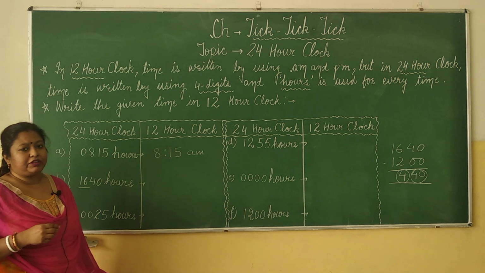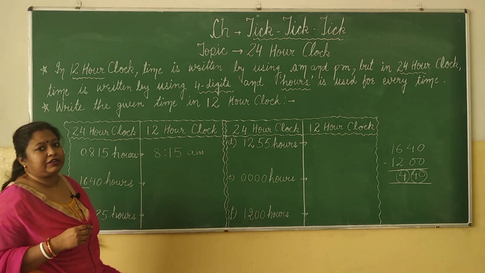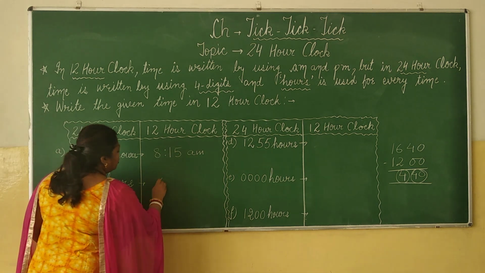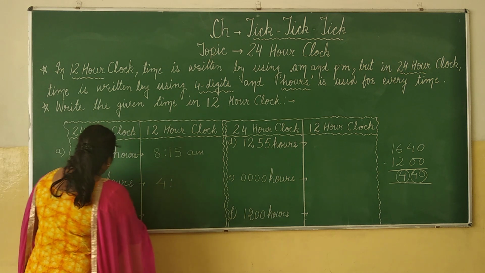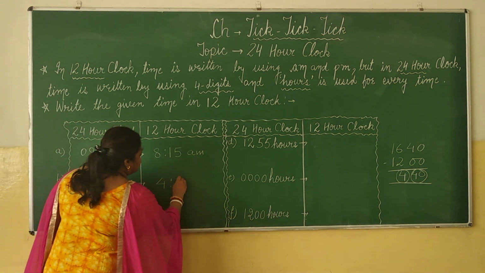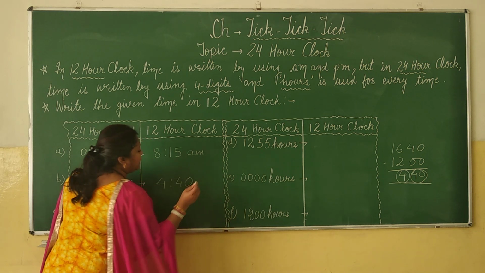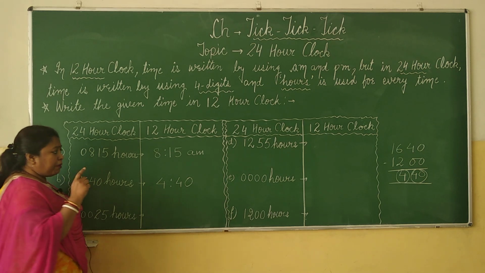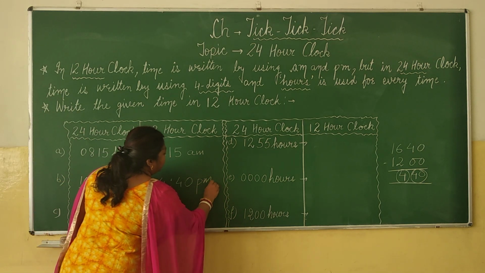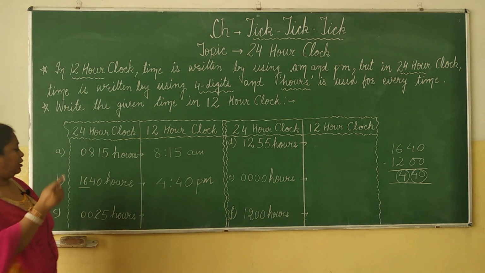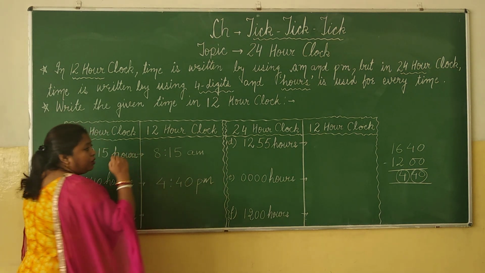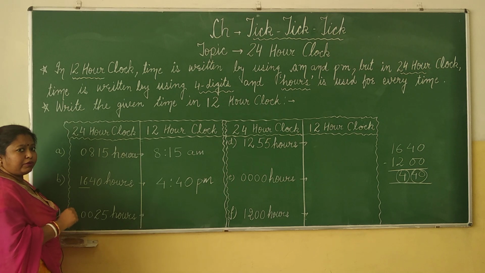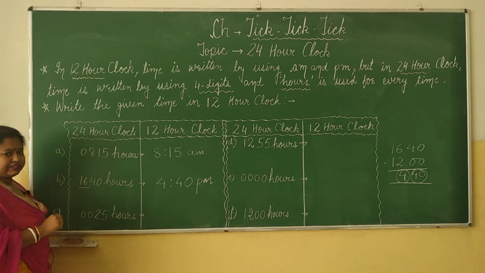That means here 4 is hours and 40 is the minutes. And you can do it without writing down. You can just do it verbally. 16 minus 12 is 4. So we get 4 as the hour part and the minute part remains as it is. So we get 4:40. Now what will it be followed by? By PM. If the timing is more than 12, we subtract 12 and we follow it by PM. Okay, dear children, I think you understood these two examples. Now we move to our next example.